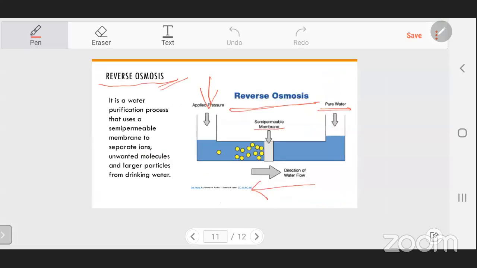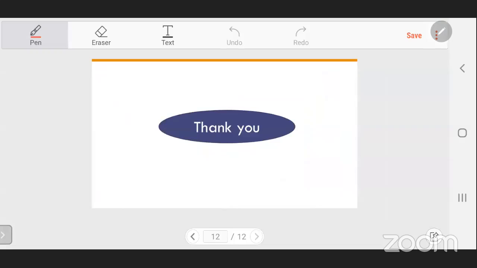So with that, I have ended my presentation. In the whole presentation, we have talked about osmosis, endosmosis, and exosmosis, what a semi-permeable membrane is, how osmosis is related to osmotic pressure, and what reverse osmosis is and how it is different from osmosis. And also, we have learned that eggshell is made up of calcium carbonate crystals, which react with acetic acid and give rise to carbon dioxide.